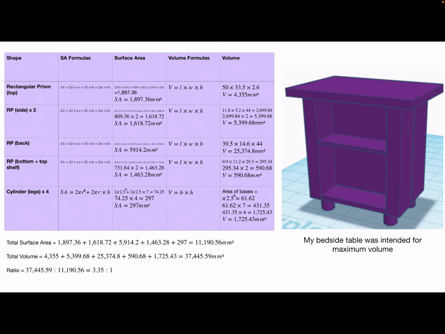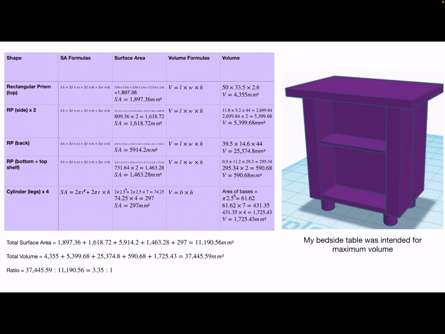The volume formula that I used was space times height. When you filled it in and did all the calculations, it was 431.35. Multiply it times 4, it was 1,725.43. The total surface area of my bedside table ended up being